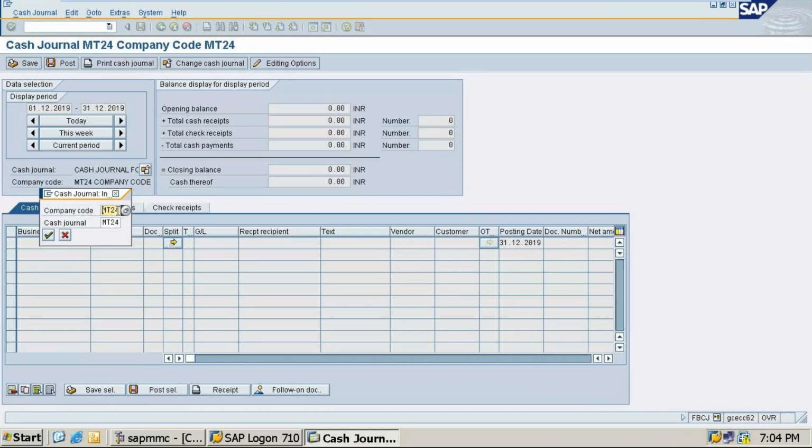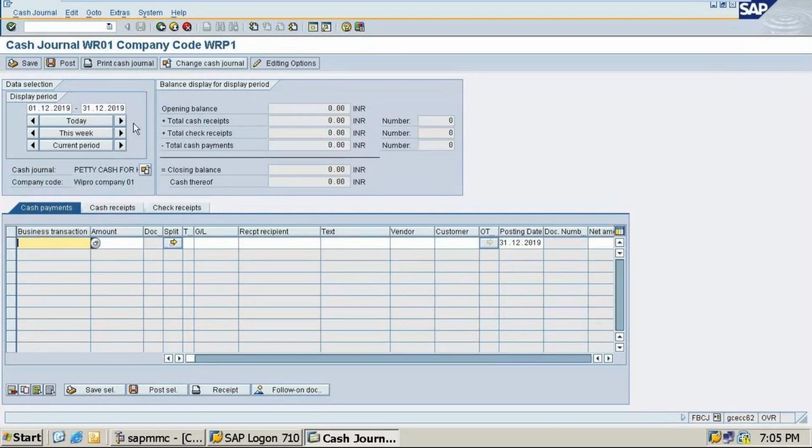Here it is asking for the company code, so I need to change this to WRP1, and the cash journal I have given is WR01. Click on this. Now it has to be activated.